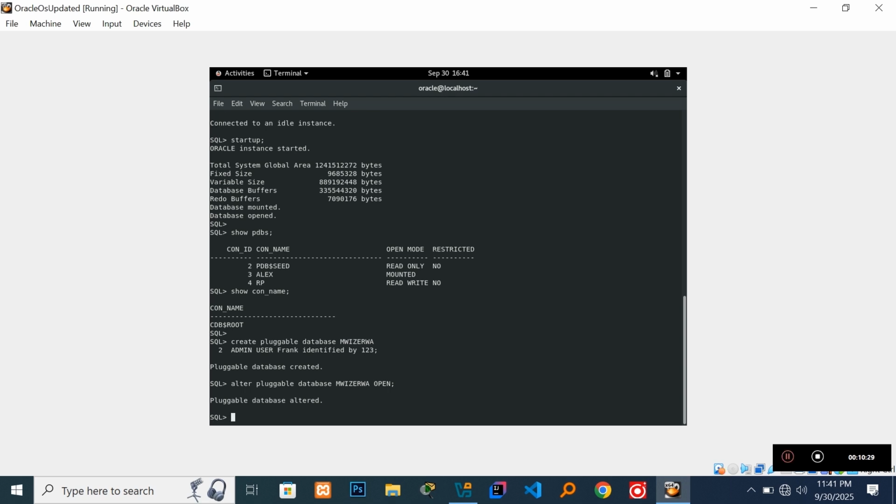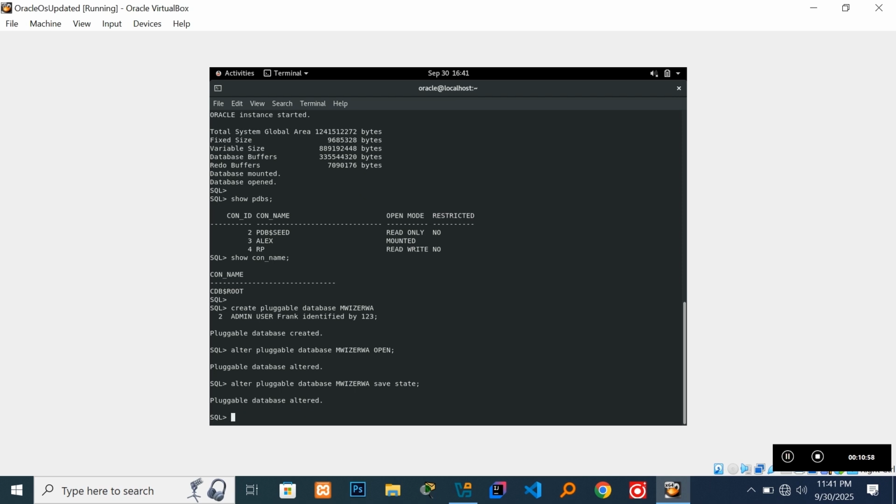Okay, and what next is to save. ALTER pluggable database Mwizerwa save state. Then here the next thing to do is